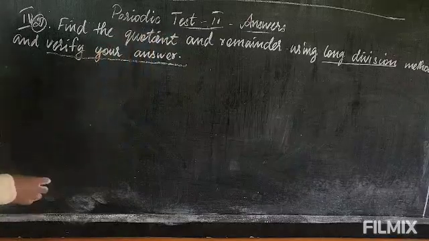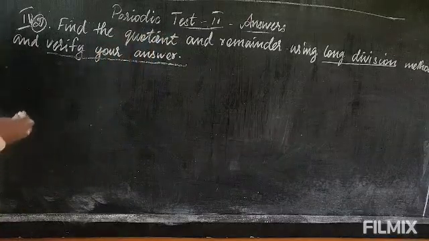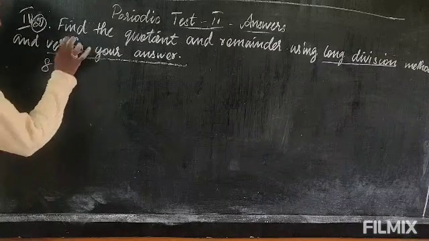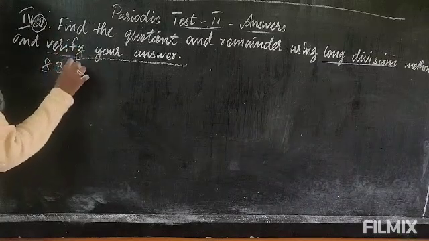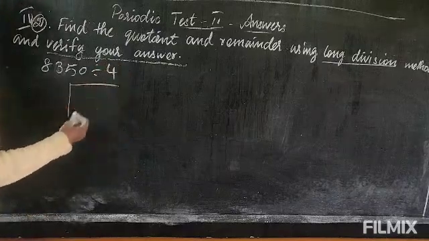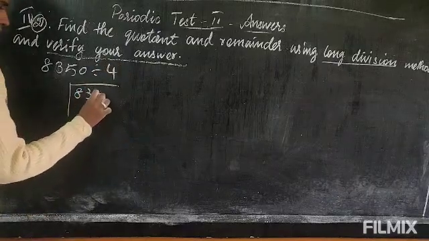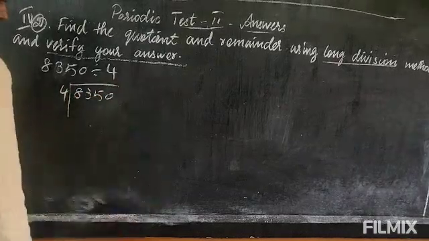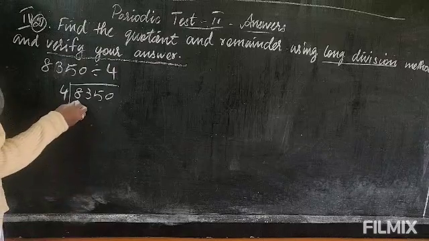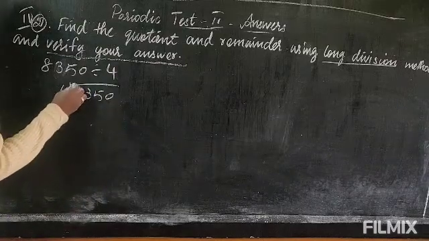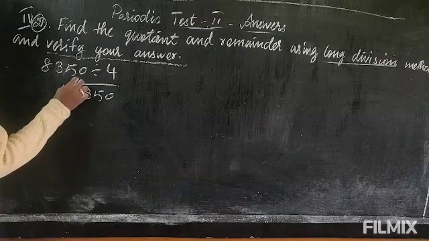Okay, first you use the long division method and you have to divide. So the question is 8,350 divided by 4. Long division method I think you know. The table you can write in short form sideways, but now I am not writing the table, as it will take a long time. So I am going faster. I think you will know how to divide.